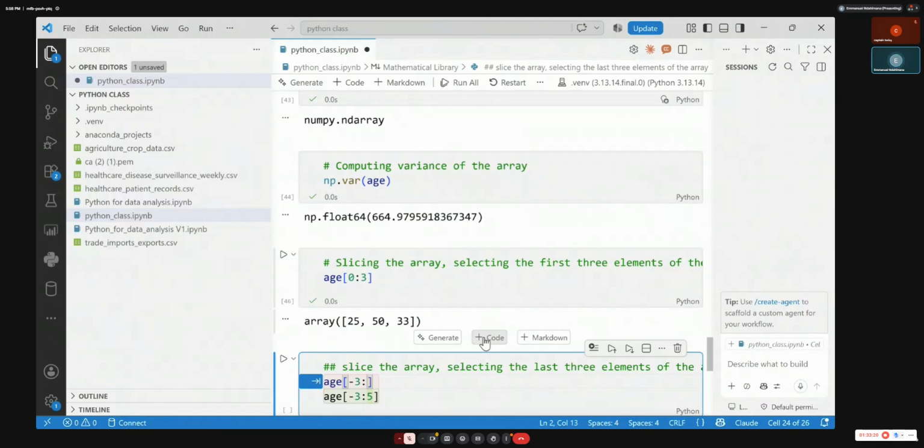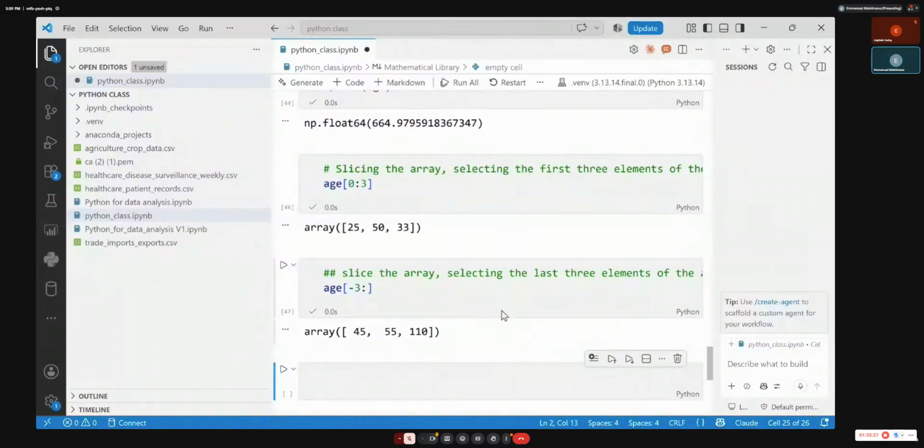Now I put the values there. The code is this, -3 and the colon at the end. So it is going to take the 3 last values from the end. You can also ask for the middle 3 values. So it can start from 2, because the 3rd position is 2, and then stop at 6. So it will take 2, 3, 4, and 5. So this is how you slice and get some component of your list.